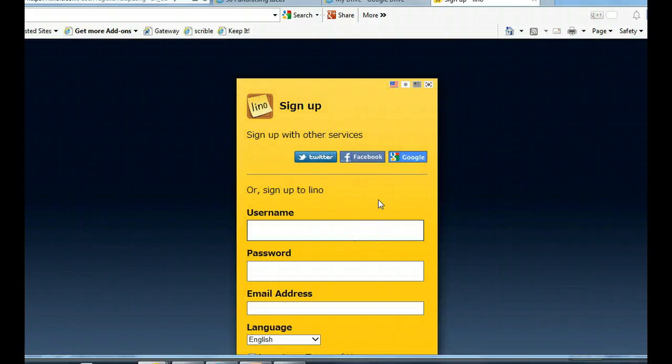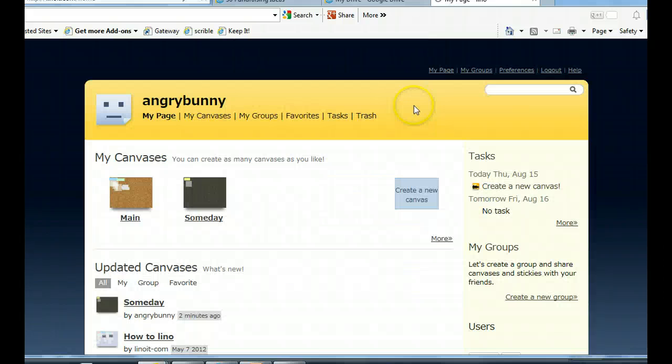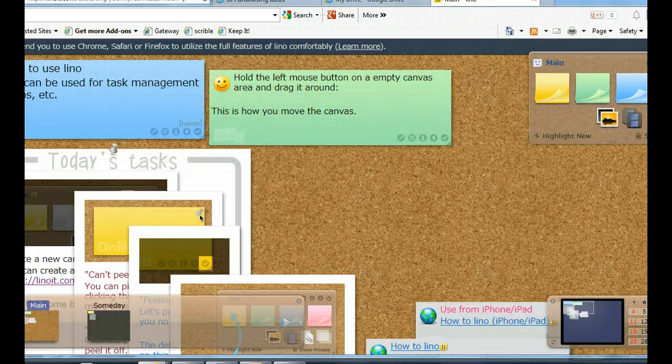You pick a username, and then that shows up in every single canvas that you have. So don't pick anything that you don't want people to see. So I'm going to pick my password and my email address. And then accept the terms of use and sign up. You can also sign up with your Facebook or your Google account. Alright, so here's the main canvas, and